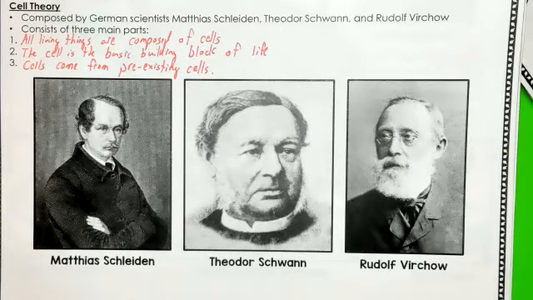Okay. All right. The third part, guys. Cells come from pre-existing cells, just like we were talking about. Cells are asexual. They can split themselves. A cell doesn't have to meet up with another cell and make babies. They split themselves. So cellular reproduction is just cells coming from other cells, right? And that third law is cells originate from pre-existing cells. Well, where did this first cell come from? That's something you're going to get into in biology much later. Okay?